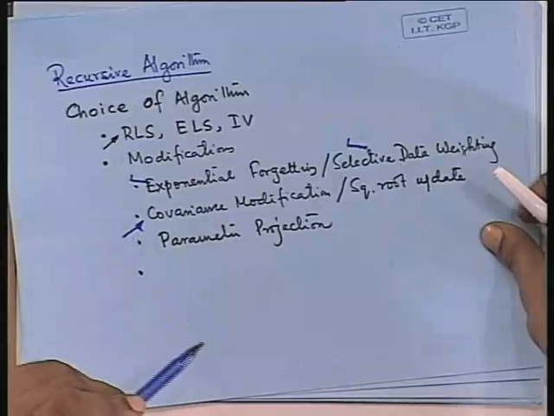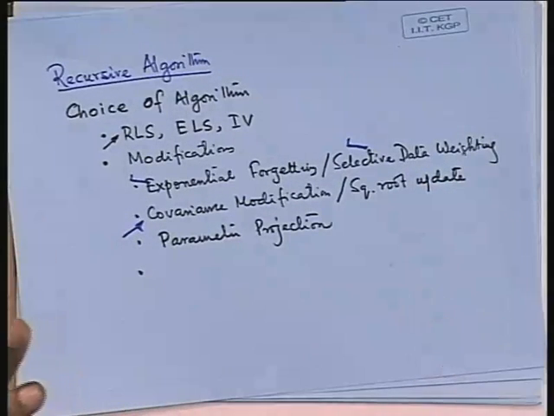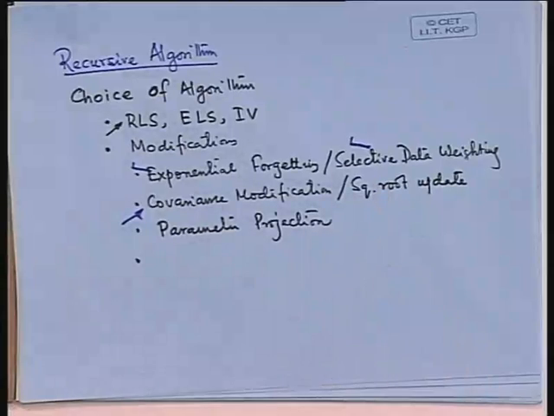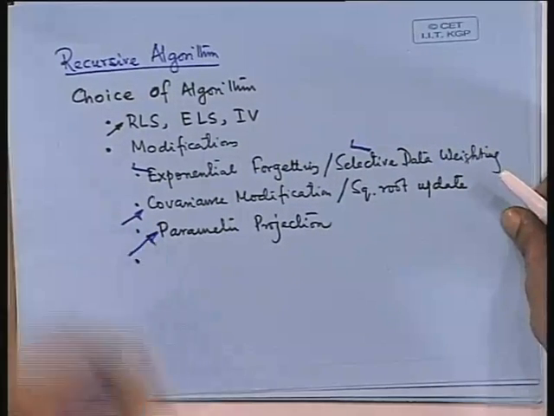You might save time. Similarly, covariance modifications. Do you like that your covariance does not die? In normal recursive least square, the covariance almost dies. If you want, you can keep it alive just to keep the estimator gain high, or you could go for a square root update to ensure that it always remains positive definite. No numerical problem. You could use parameter projection based on